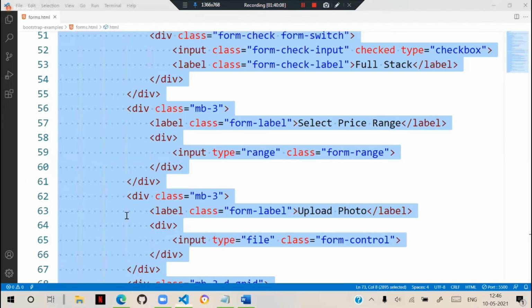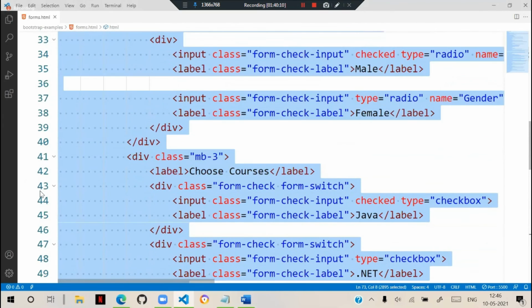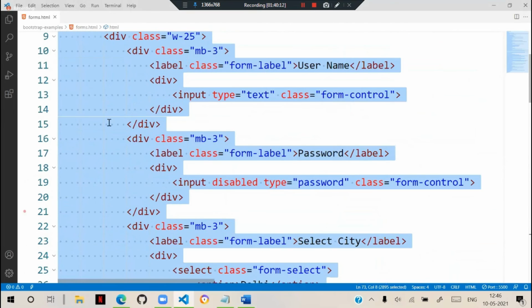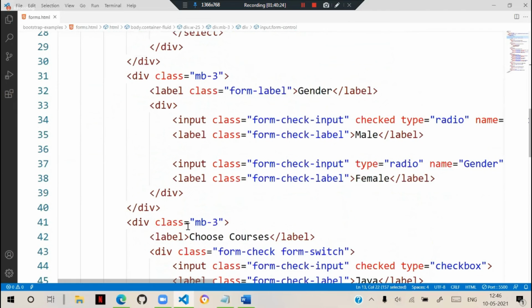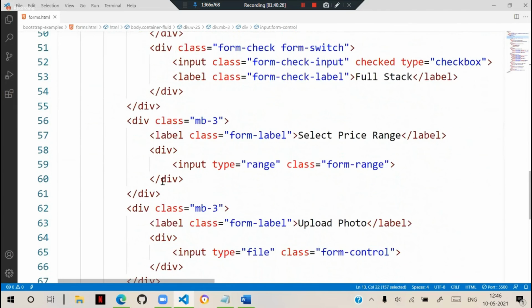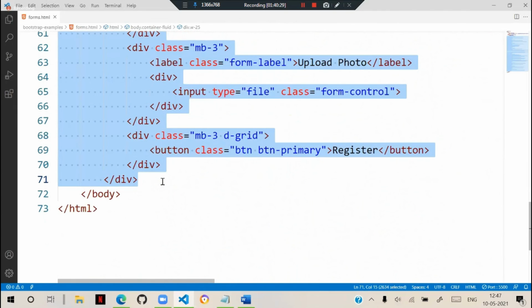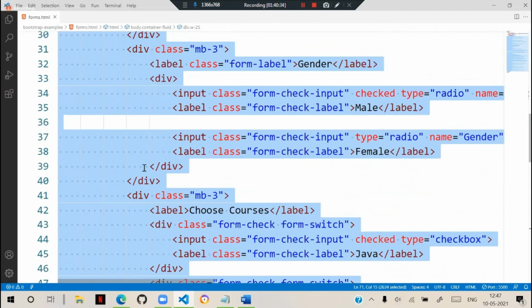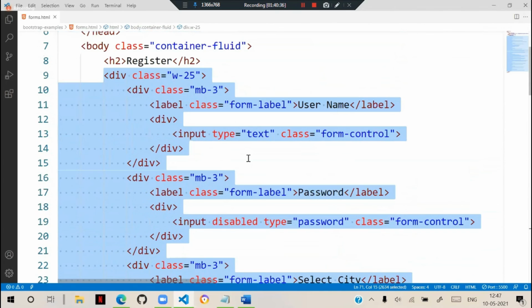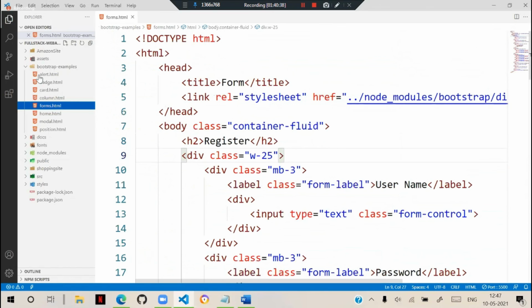And remember, you can keep this in a modal anywhere you are creating a form, and you have to use this basic approach. For example, this is a lengthy form we designed. Suppose I copy this entire form, along with the buttons and all. I will copy that entire form area. So whatever is designed, I copy that form area. And what I will do is I will take you to the modal example that we designed.